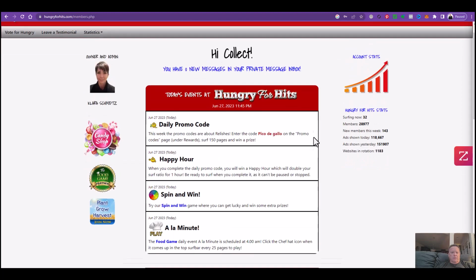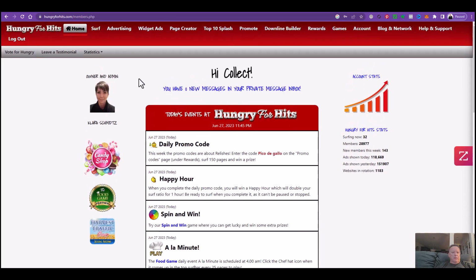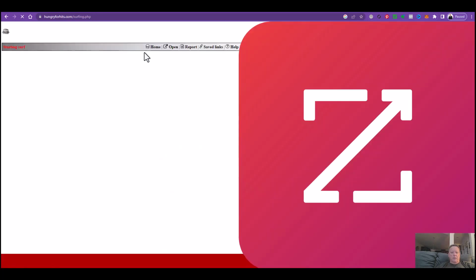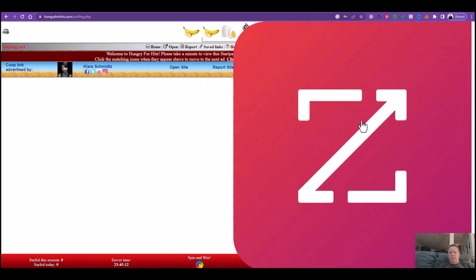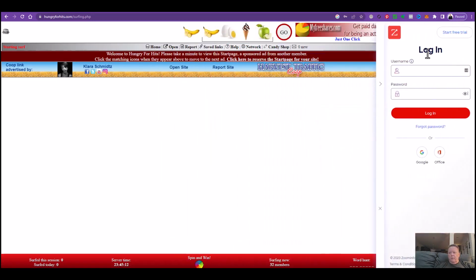And I've got this set up under Collect Direct. And then I want to go right here to the surf button. So when I do that, it wants me to click on the banana.